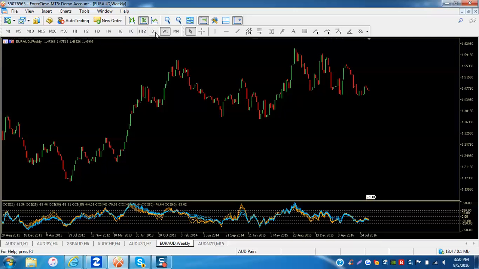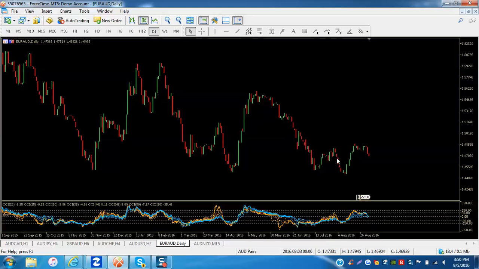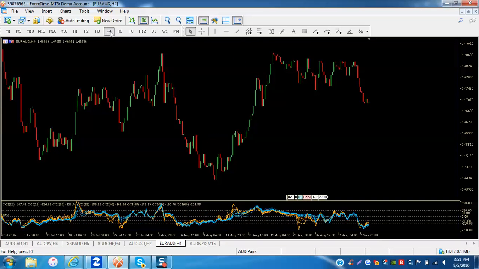And just taking a look at these other time frames. Again, here's the daily chart. Impulsive move up, potential correction down here. But you can really see it better when you get down to, say, the 4 to 8 hour time frame. So that would suggest that the news will be bad for the Aussie. So let's look at a couple of the Aussie pairs.